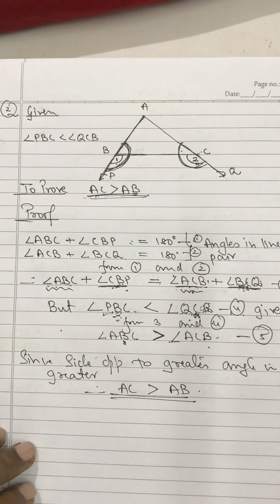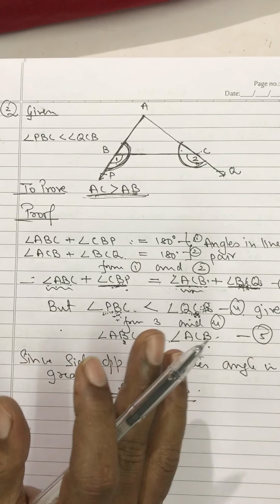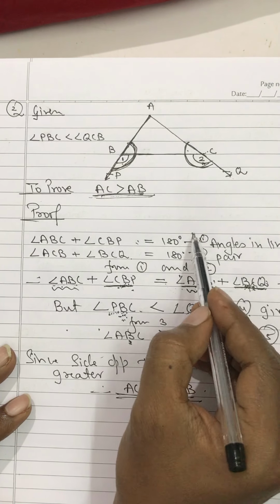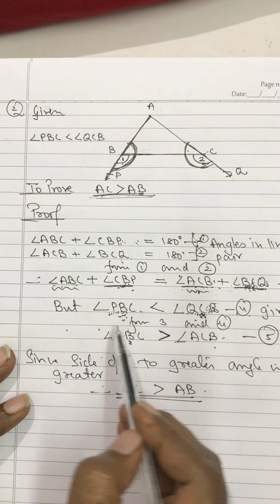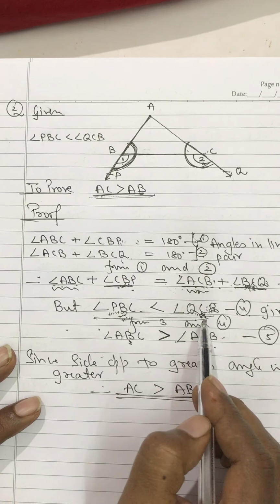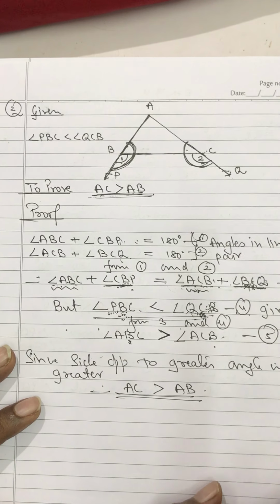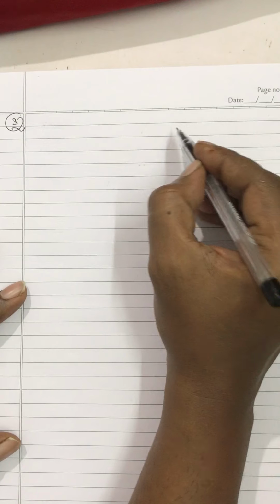Okay, so slightly, actually the same logic. In the first question you took some angle property, and in the second question you are taking angles in a linear pair and equating them. When you equate them, then you have to remind yourself that actually this is what is given, angle PBC is greater than angle QCB, and then you have to correlate them. Okay, my dear students, so with this we finish question number 2. Now we go to question number 3.